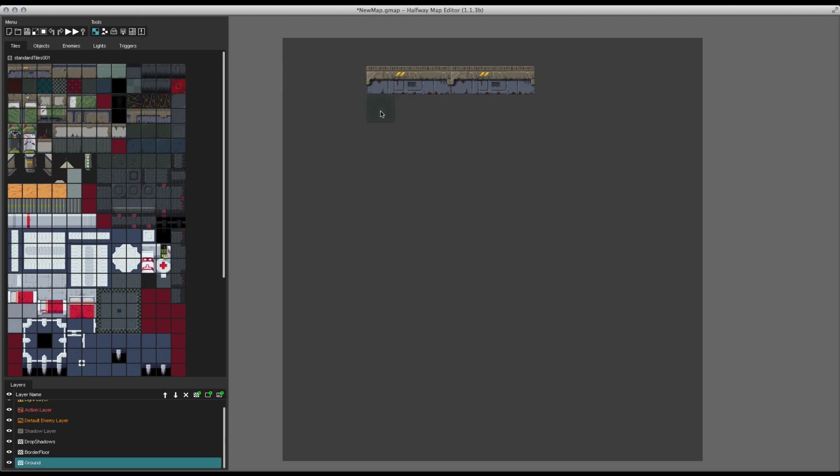So let's paint the basics. You can also copy by right clicking in the level, and then you have a bigger brush, so you can actually copy complete rooms over. Then add some variation to the ground so that it's not that boring. So this is going to be really fast and